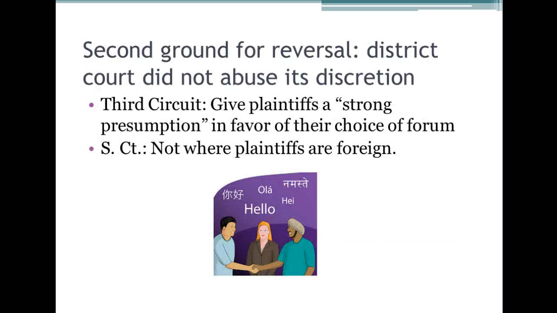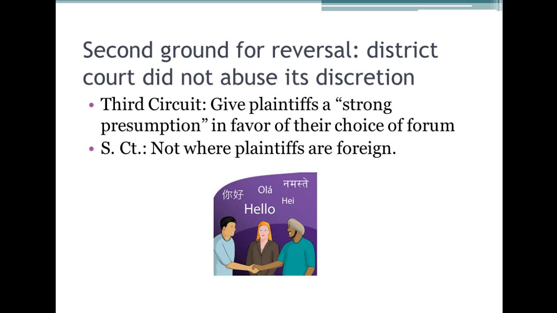Okay, so the second ground for reversal was that the Third Circuit just looked at the public interest and the private interest factors of the Gulf Oil case and other precedents. And it said the district court did not abuse its discretion in applying these factors, as the Third Circuit had held. So the first thing you need to do when you're applying the public and private interest factors is ask